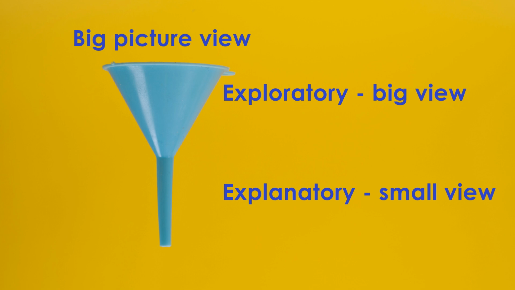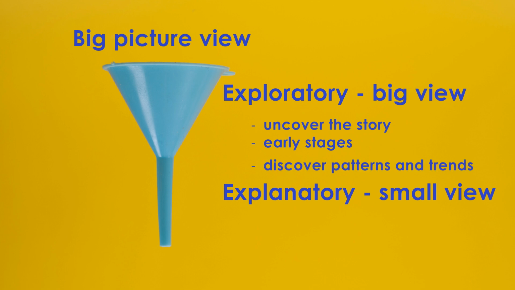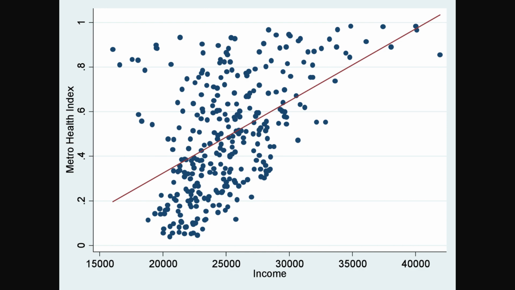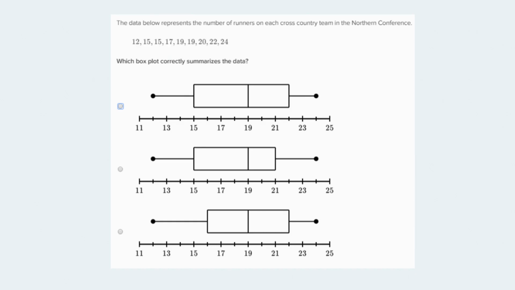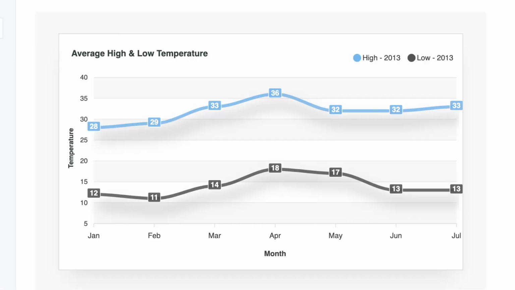Let's talk about exploratory visualizations. These help you uncover the story in the data. Exploratory visualizations are used in the early stages of data analysis. The goal here is not to present polished insights, but to discover patterns and trends, and to position the big picture. Some common formats for exploratory visualizations include scatter plots, histograms, box plots, heat maps, and line charts tracking raw